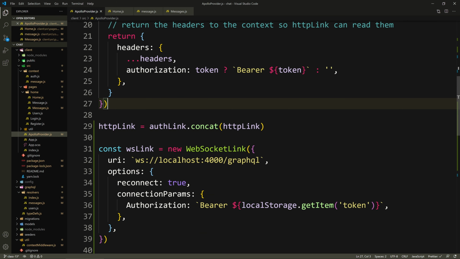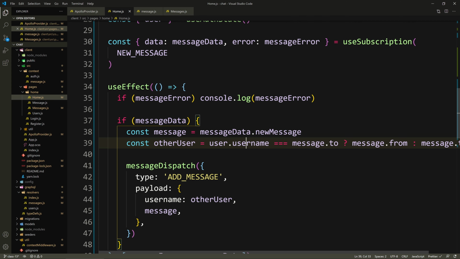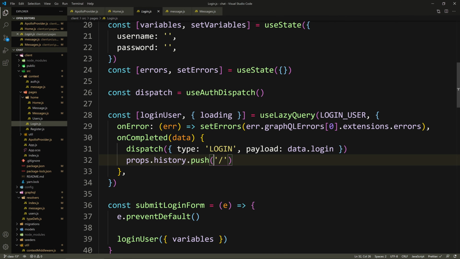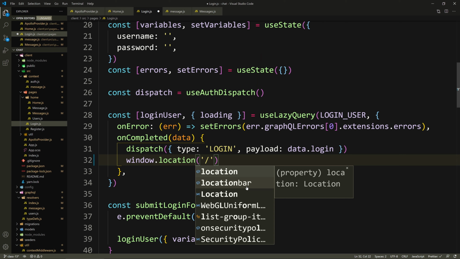Yeah, it's here. So where we set the token, in the WebSocket link, this executes once because it's just instantiating a new class, a new object. So a simple workaround for this, again, we can refresh the page. Yeah, that happens only after you log in. So let's go to the login here. And we do the same fix that we did for when we log out. So here we set window.location.href